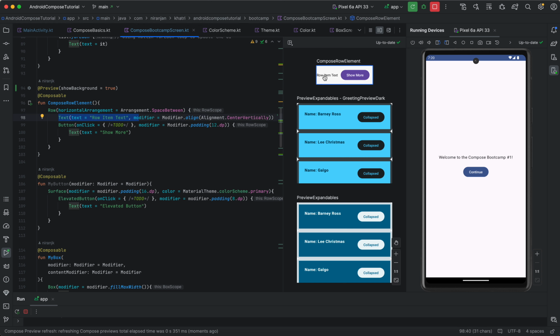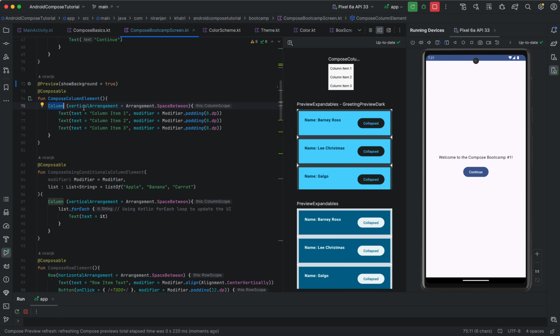Okay, similarly, we also have another composable element, so background, let me show where it is. Yeah, this is a compose element. Okay, let me just close this one. Okay, so this is our compose column element. So this is our column, which is pretty much